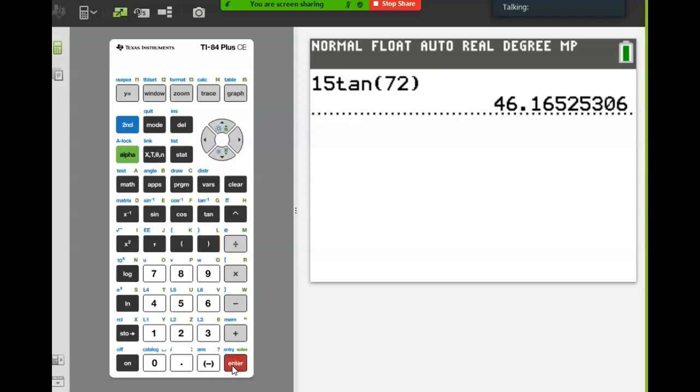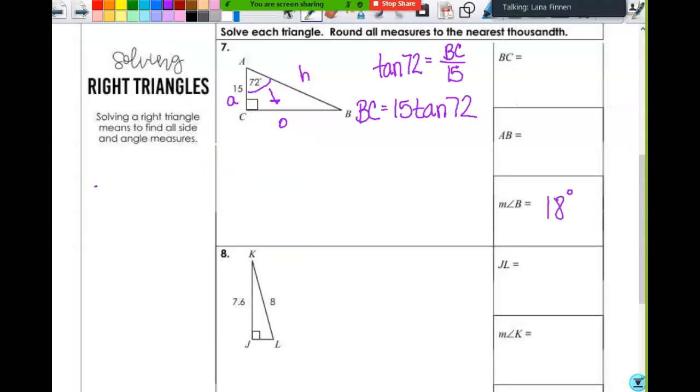Okay, so I get 46.165. Everybody good with that? All right, so I could use this number and 72 to find the hypotenuse, but why